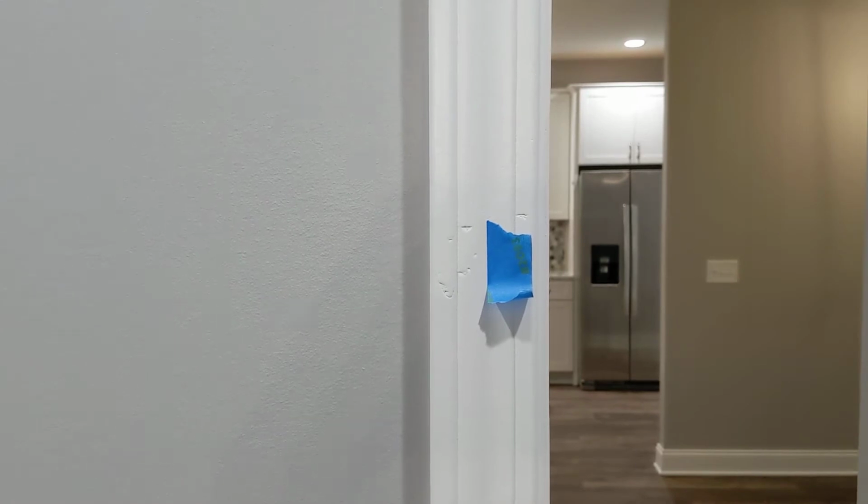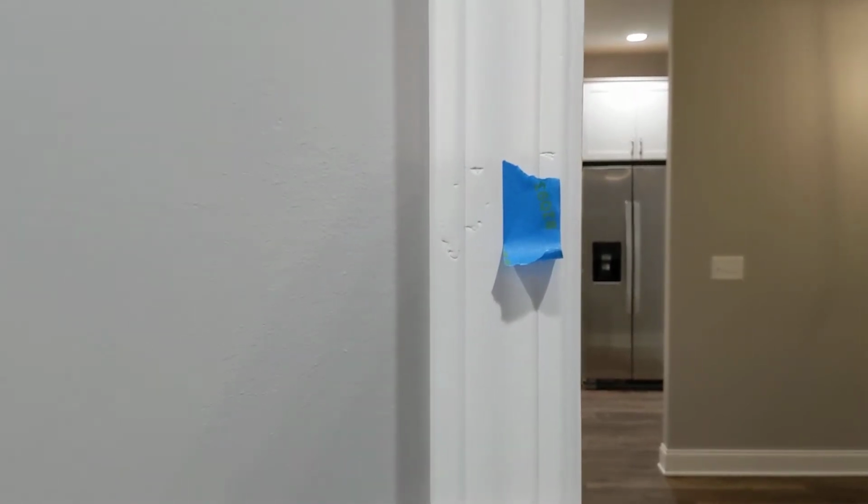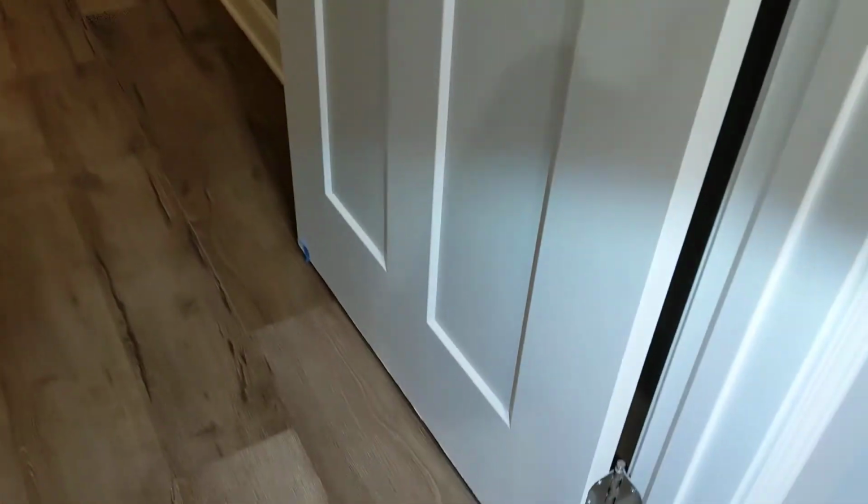Moving along to right here, this is the door frame looking into the great room area from the hallway. Dented. Along the bottom of the door here, there's some rough edges. The paint's hard to see on the camera here, but it may show up better in person. The bottom edges of the door and some of the other doors too have kind of a frayed look to them. For example, here,